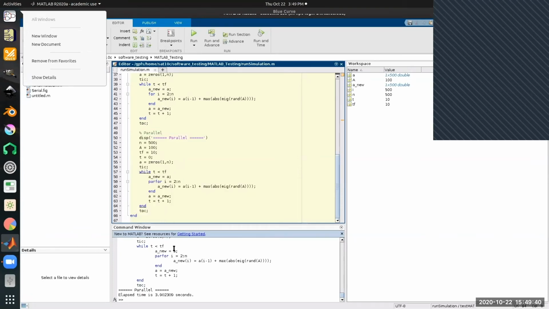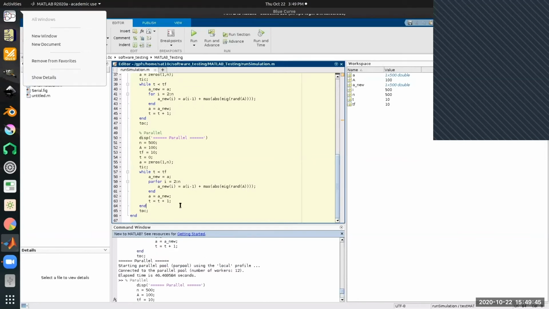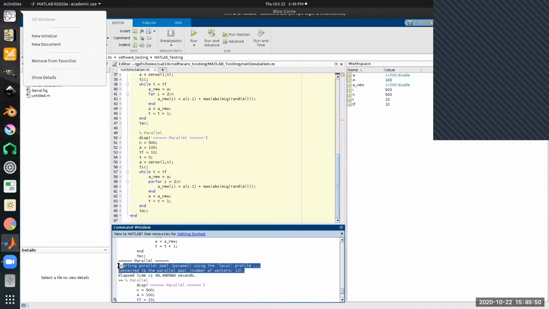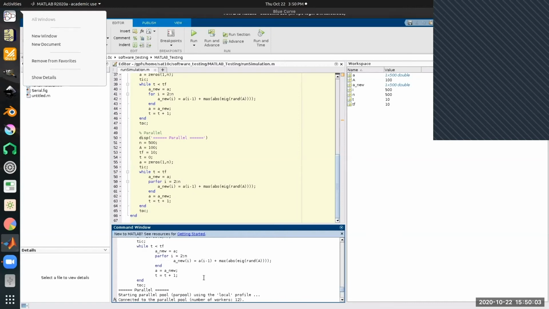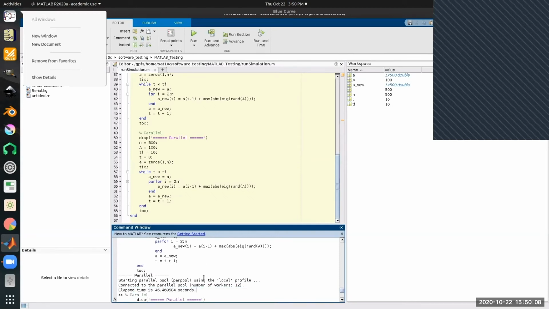So one other important thing to keep in mind is that if you're running a parallel calculation and you're just starting the parallel pool here, you might run up against something like this. Now, you see here it says elapsed time is 46.469 seconds. Well, wait a minute. The serial one took 27 seconds. What happened? This is actually a kind of weird thing that can happen with MATLAB sometimes,